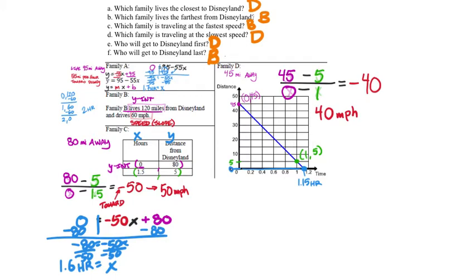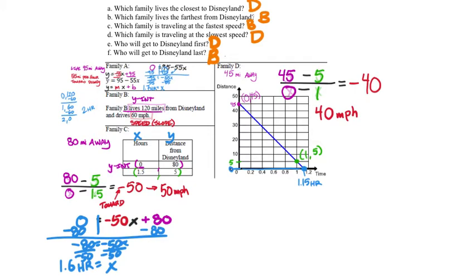Okay, so that's part of our objective. Not only do we need to be able to compare our rates of change, which is slope, and then the y-intercepts, the initial values, but you have to be able to do it in multiple different situations. Notice family A, that's an equation, that's on purpose. Family B is a word problem, that's on purpose. Family C is a table, that's on purpose. And family D is a graph, still on purpose. Okay, you have to be able to compare between these